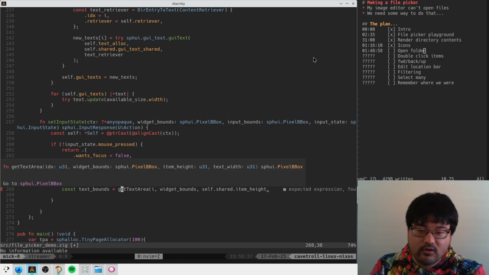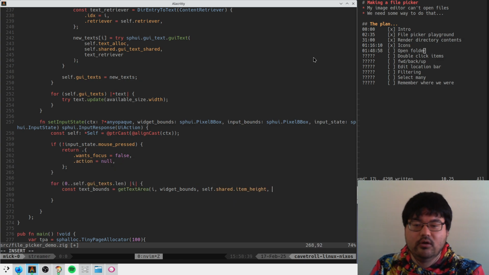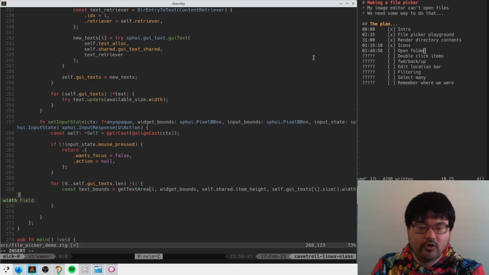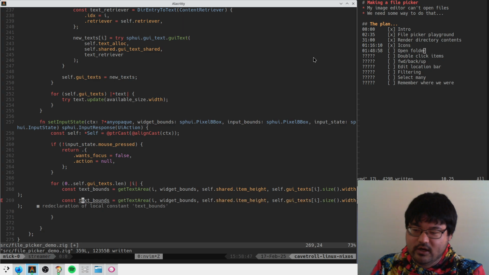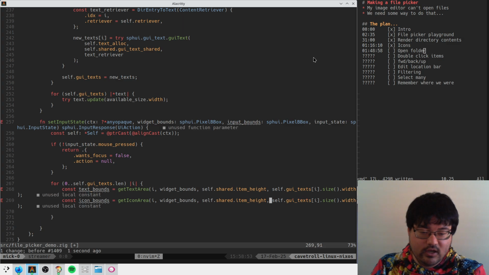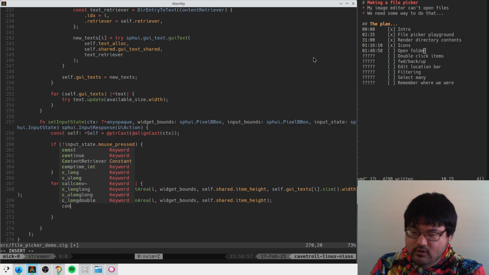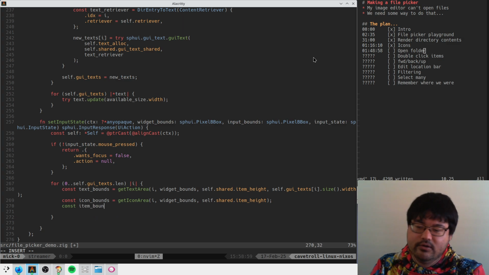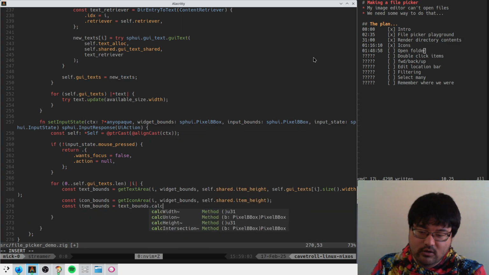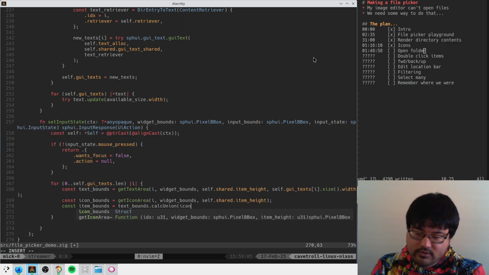And what else is the other thing? The text width. Okay. This is the text bounds. The icon bounds is get icon area, which is very similar, but not exactly the same. Right, and then we take the union of these. So item bounds is going to be text bounds calculate union with the icon bounds, and then